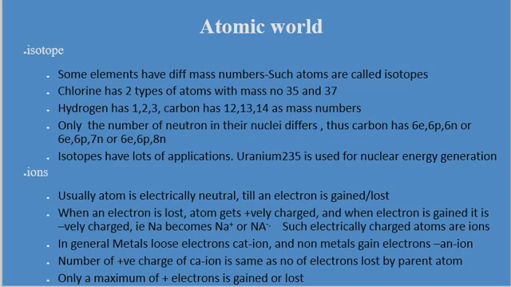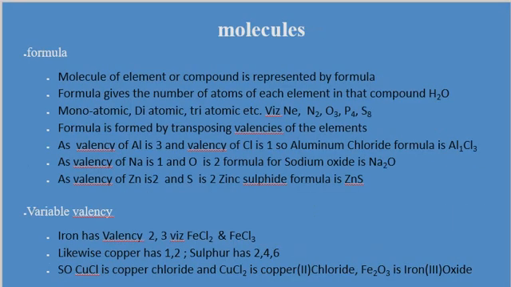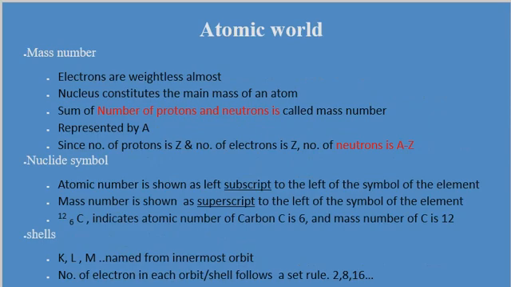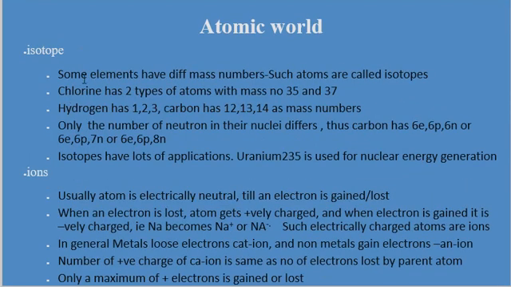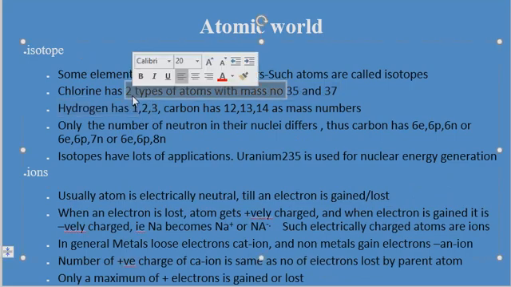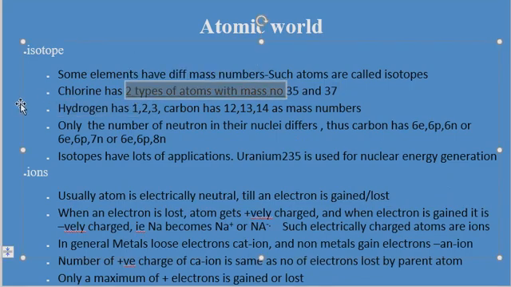What other things have we seen like two types? We have seen valencies of two types. Iron has valency 2, 3, copper has valency 1, 2. This is the combining capacity of iron with the number of hydrogen atoms, which is the valency. Likewise, we have certain elements which have different mass numbers, atoms with two types of mass numbers.